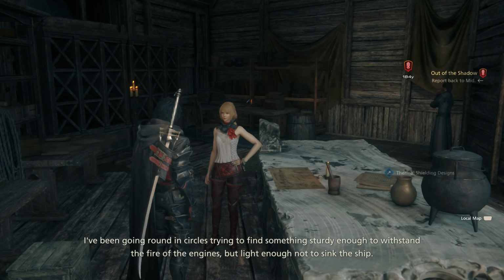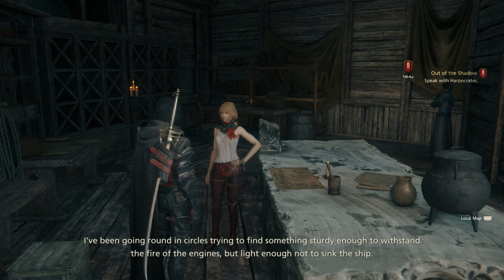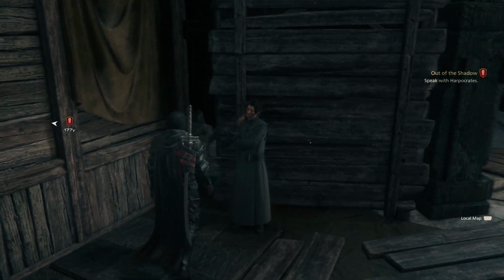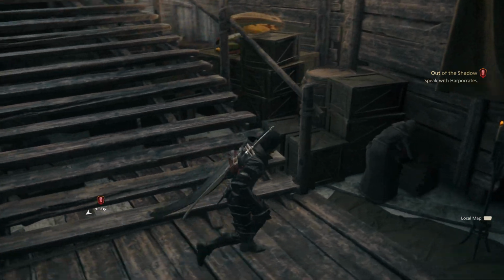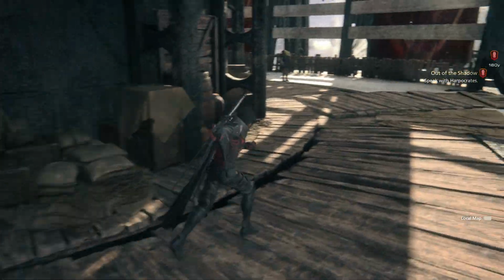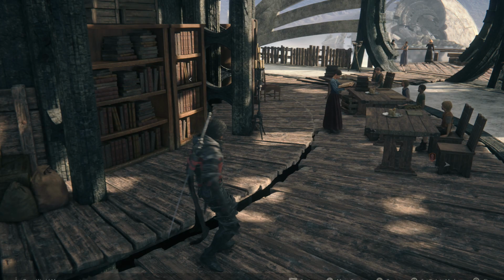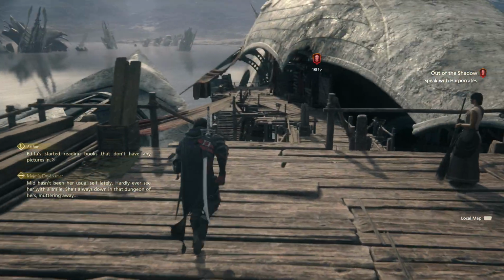I've been going round in circles trying to find something sturdy enough to withstand the fire of the engines, but light enough not to sink the ship. Should have bothered old Tome sooner. If anyone knows something I don't, it'll be him. Editors started reading books that don't have any pictures in. Mid hasn't been